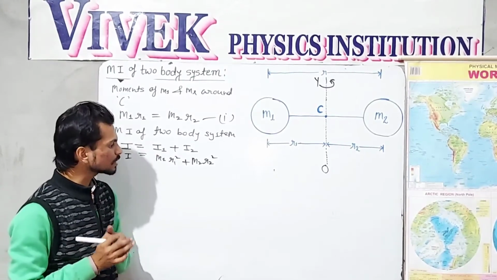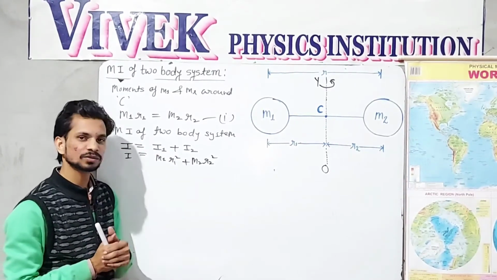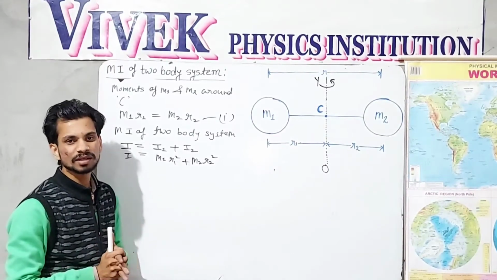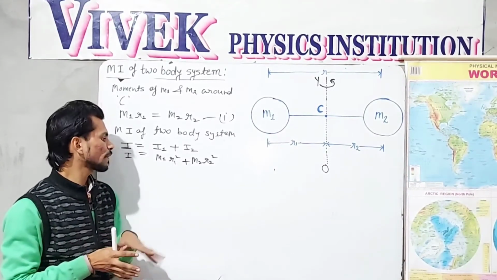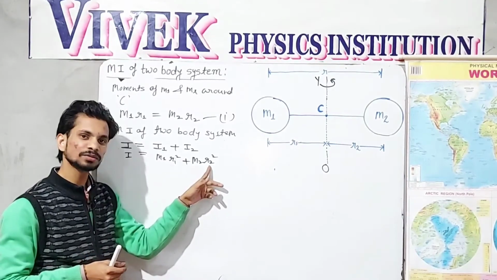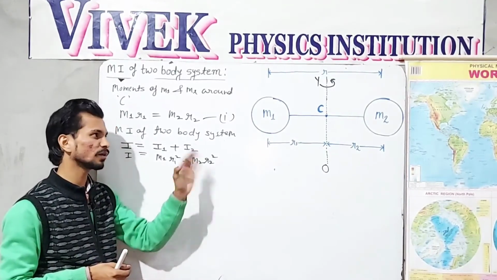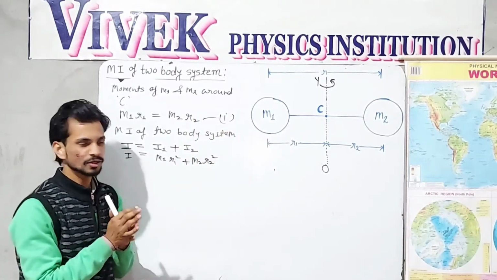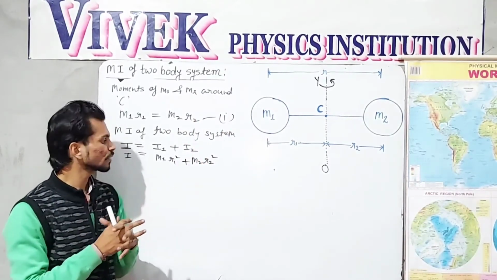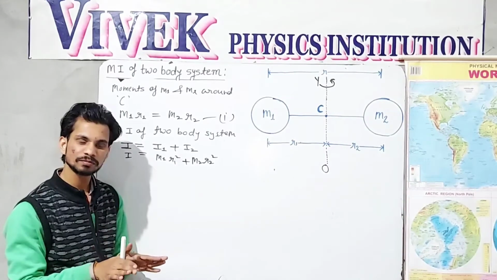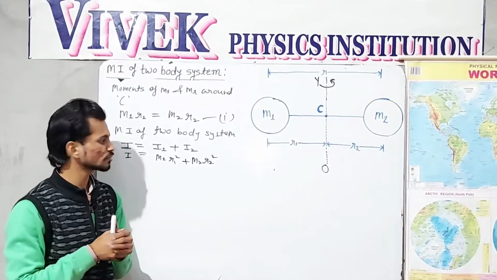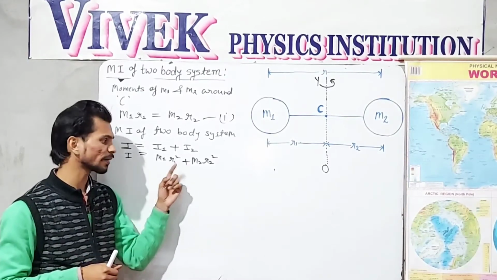Now we will not have the values of r1 and r2 when we calculate the moment of inertia. So we need to hide these terms r1 and r2. We need to exchange these terms in the form of the simple small r and the masses of the two bodies. So this formula should be represented in terms of the masses m1 and m2 and the distance between the two masses. So we need to hide r1 r2.